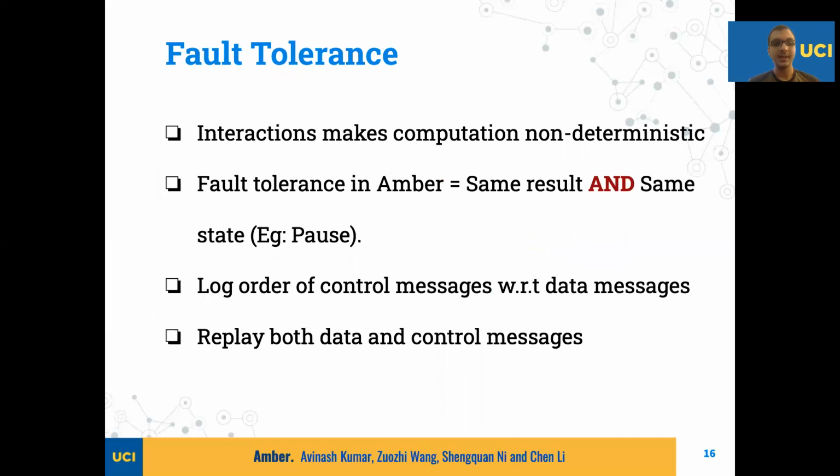Lastly, let's discuss fault tolerance of Amber. Since we allow arbitrary runtime interactions with workflows in Amber, the computation becomes non-deterministic. Fault tolerance in Amber doesn't just mean producing the correct results in the presence of failures, but also recovery to the state before the failure. For example, if the workflow was paused and a failure happened, the workflow should remain paused